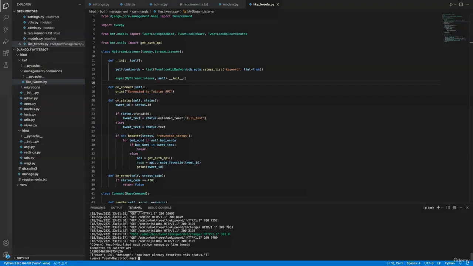In this video, I'm going to show you how to create a bot that retweets tweets that meet a certain condition. So the bot will check the tweet lookup word table in Postgres to see if there are any keywords that it needs to look for when streaming the Twitter API. To do that, I'm going to create a new command here, and I'll name it retweet